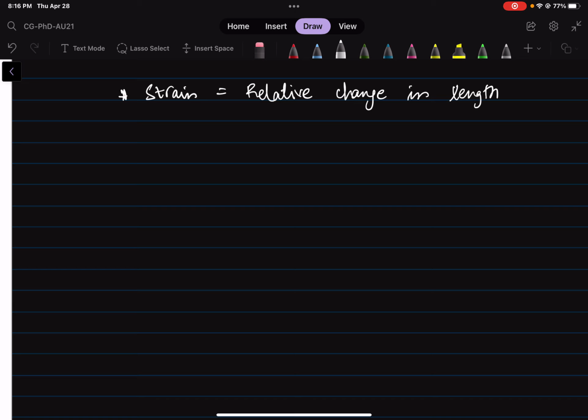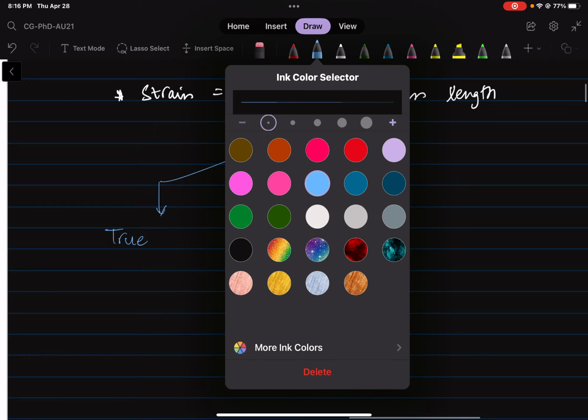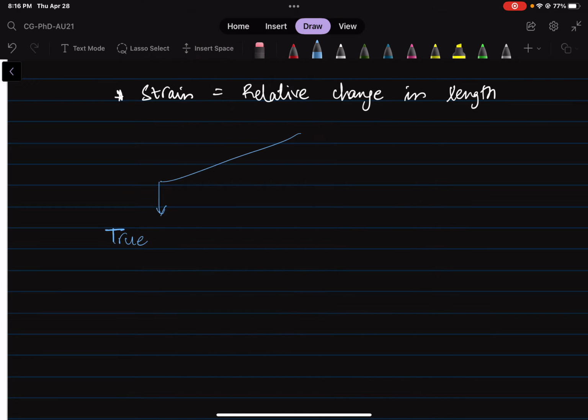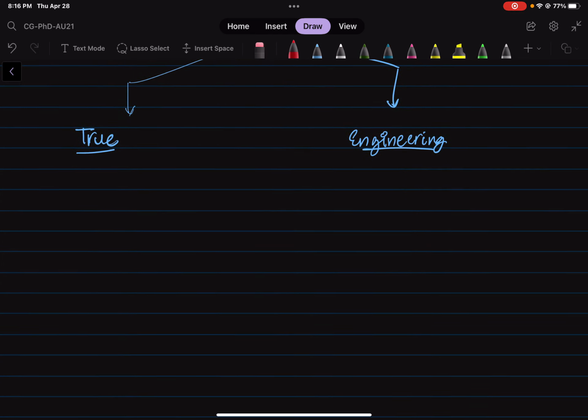So you could have one case where you have true stress, true and engineering. All right, so in case of the engineering stress,